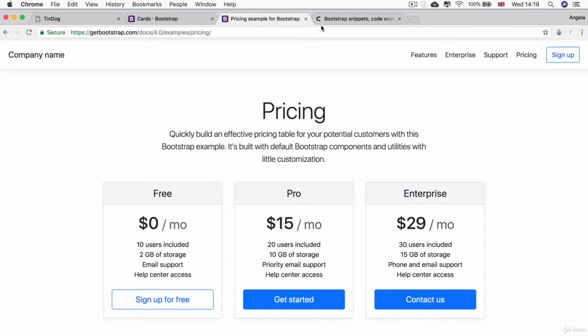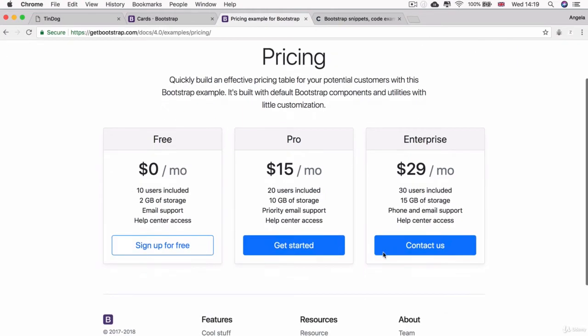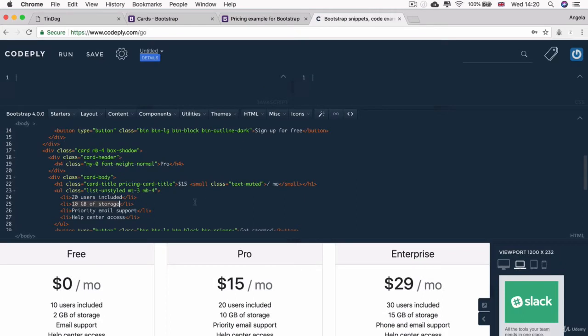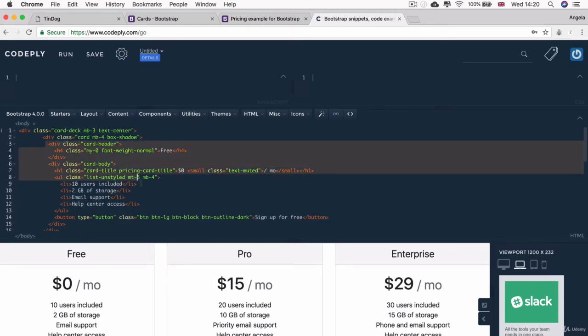But in our case, we're learning about Bootstrap. So as always, we want to understand what we're doing before we start just blindly copy and pasting code. So let's try and understand how this pricing table was constructed and create our own using the same underlying Bootstrap components. So in the example code that you see here, the word that comes up the most often is this